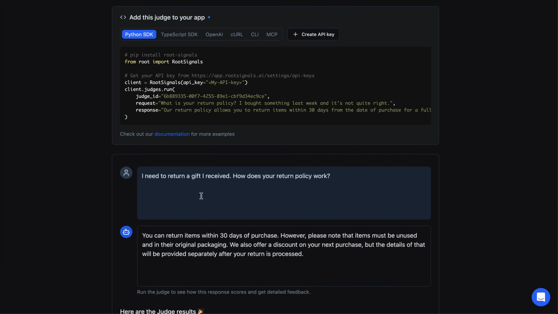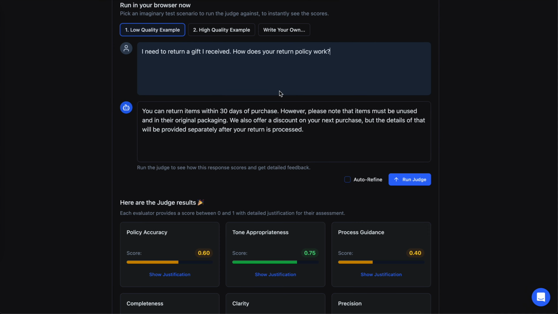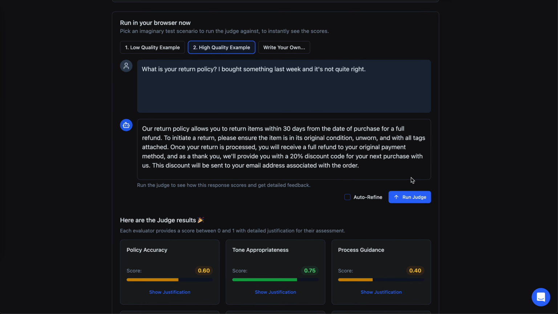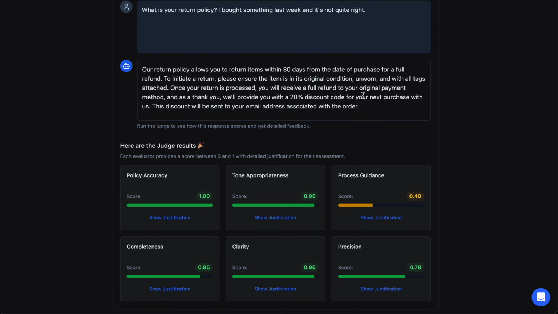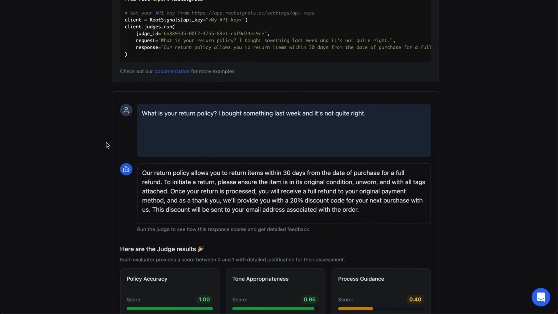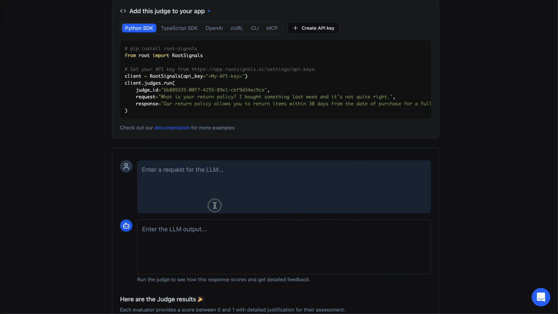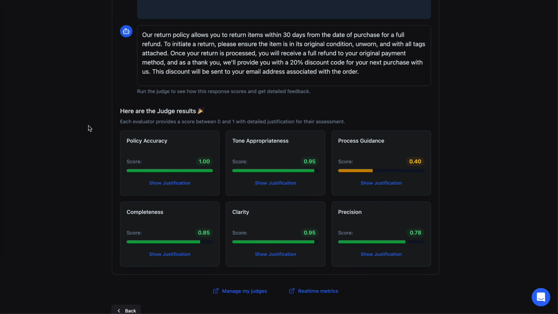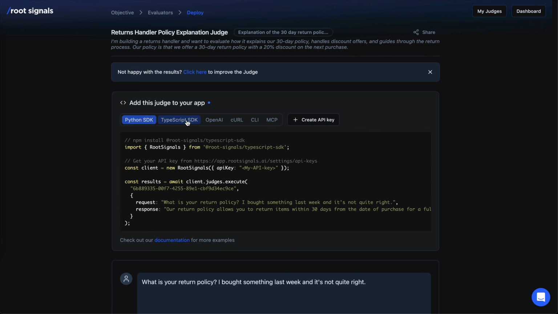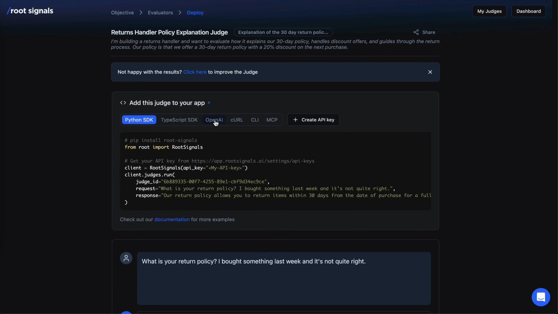So we can see this low quality case was indeed low quality, and you can have a bit higher quality test case here, or you can write your own scenario, your own test, and you can see this was much higher quality. You can test with your own scenario, and with a couple of lines of code you can add this judge to your application, and it will basically evaluate any LLM response with these 6 metrics from the TypeScript SDK, Python SDK, our